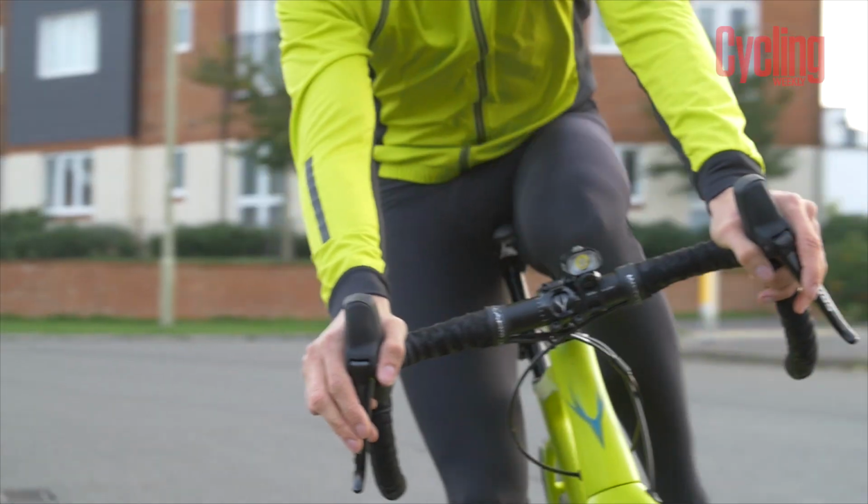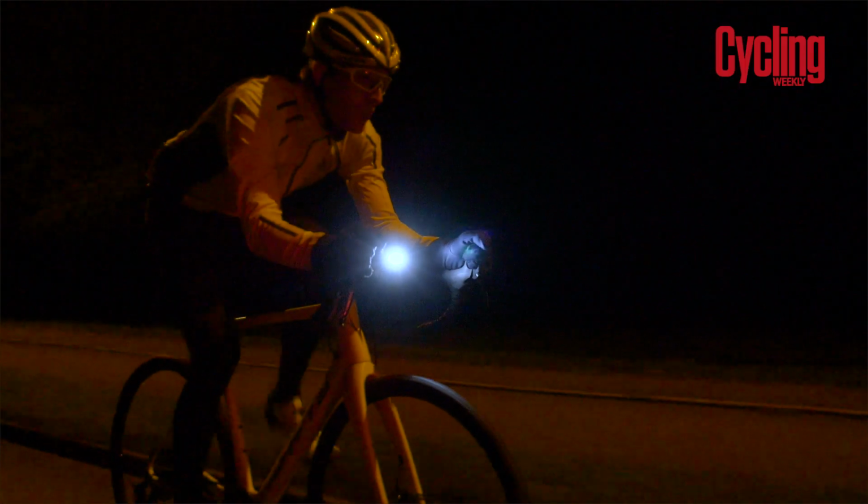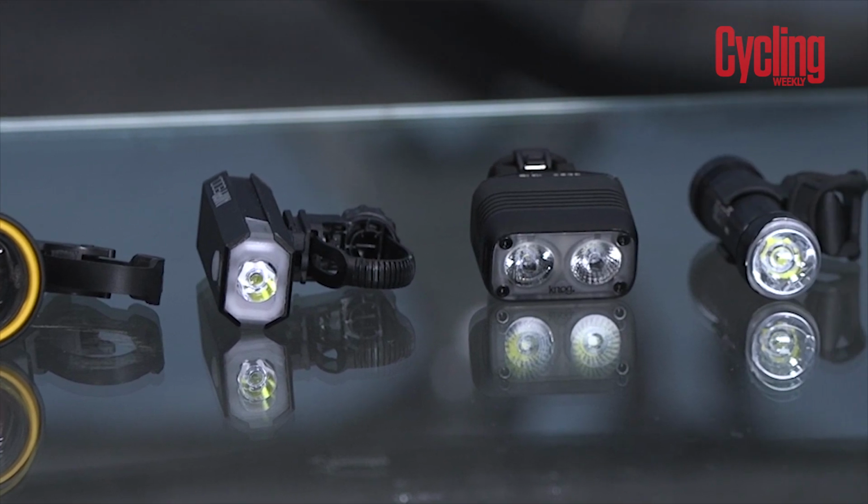A good front light is an important part of your riding safety arsenal, and not just for winter. A decent front light can be an excellent partner to keep you visible during the day and of course helps you to see the way when you're riding at night. We've chosen 5 front lights here from some of the market leaders, and we're going to showcase and compare them